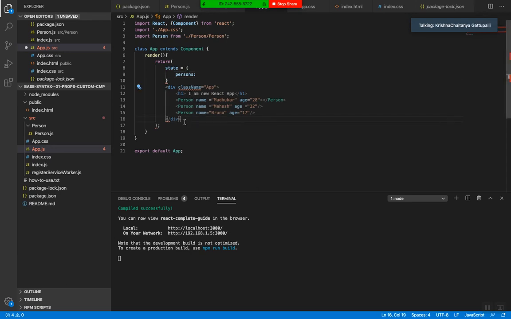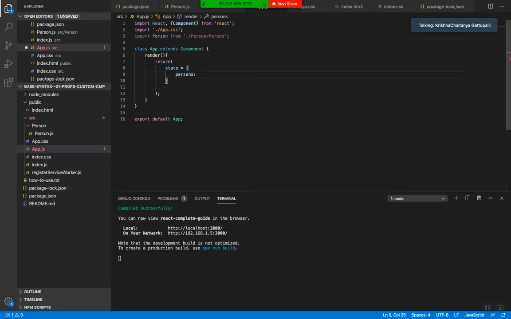So in this I am going to delete this one. I don't require this for now. So I am going to get here the state, and I am going to give one object name here, and I am going to get the person here, and I am going to give here name, and one more thing